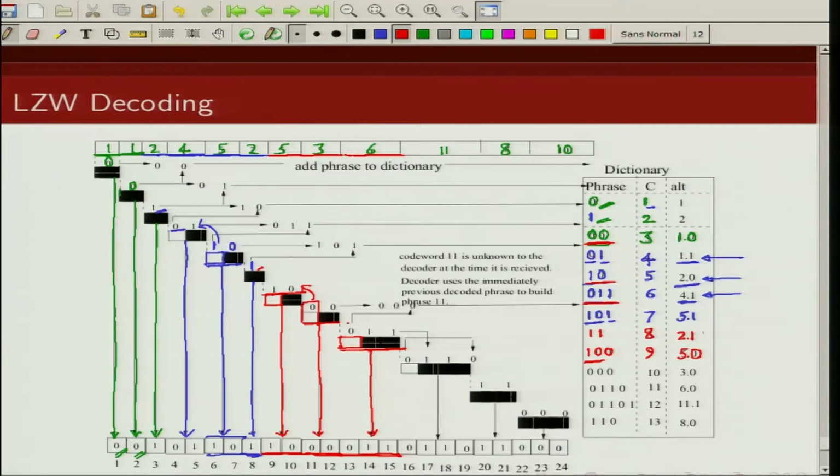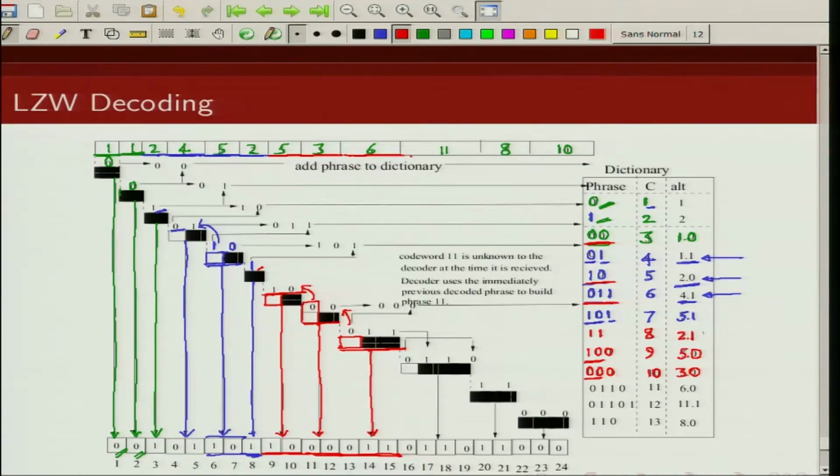The previous phrase was 00, so I add 0 here. So I am going to add 000 as my new phrase here, and that's my code word number 10,